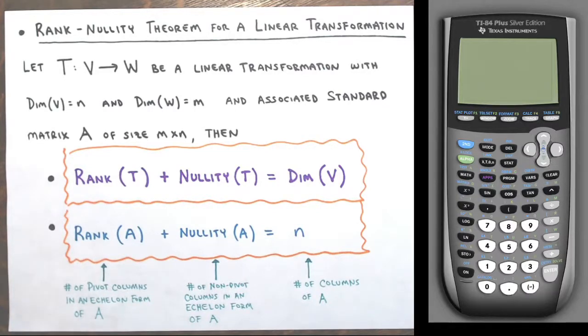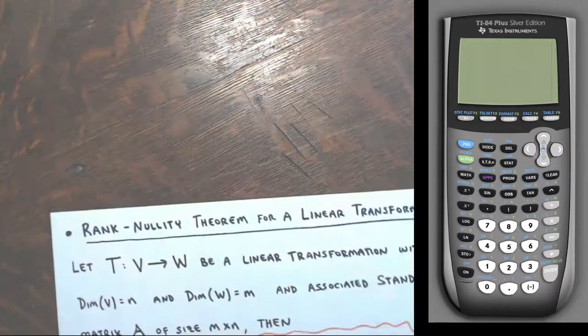Once I've found the standard matrix, I'll put it into an echelon form and count the number of pivot columns, count the number of non-pivot columns, and be pretty much done, and talk about all the things we can say about that transformation. Alright, so the first example,